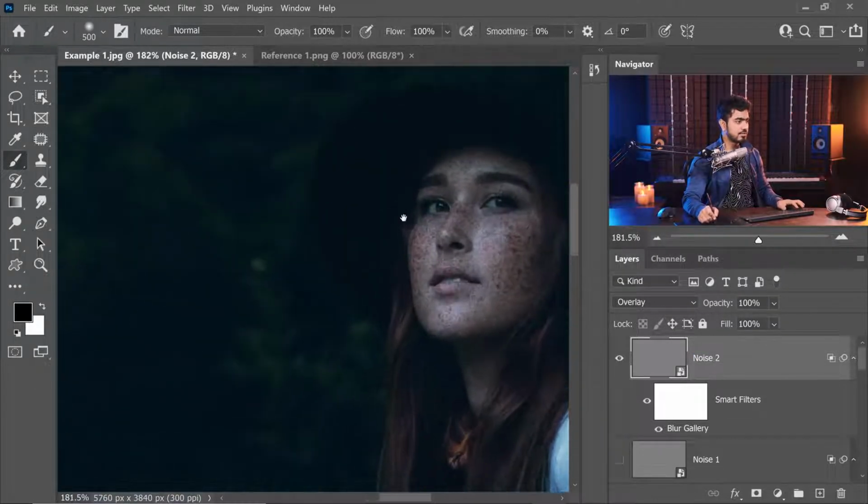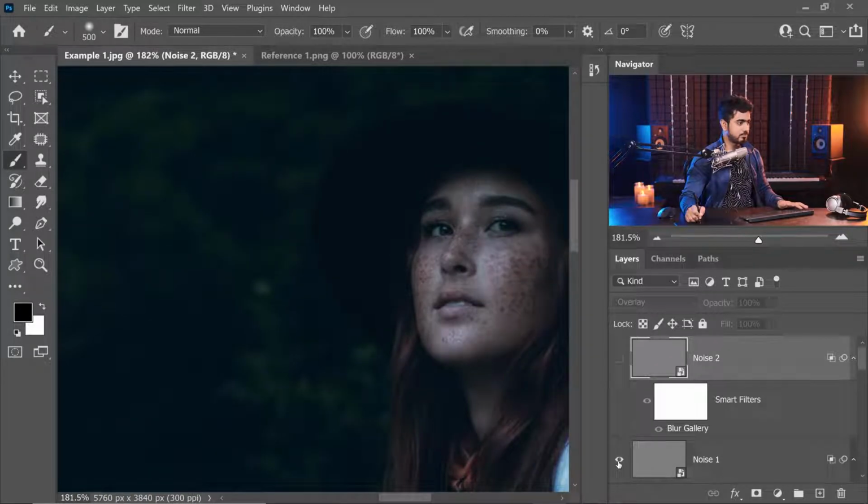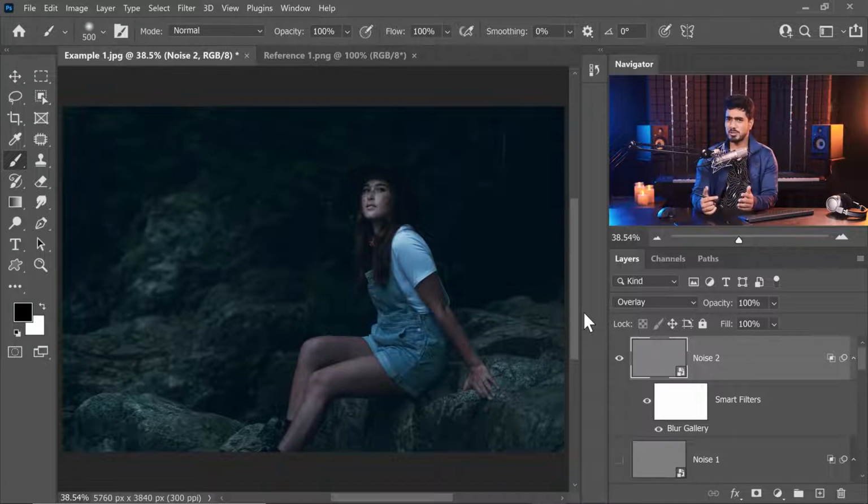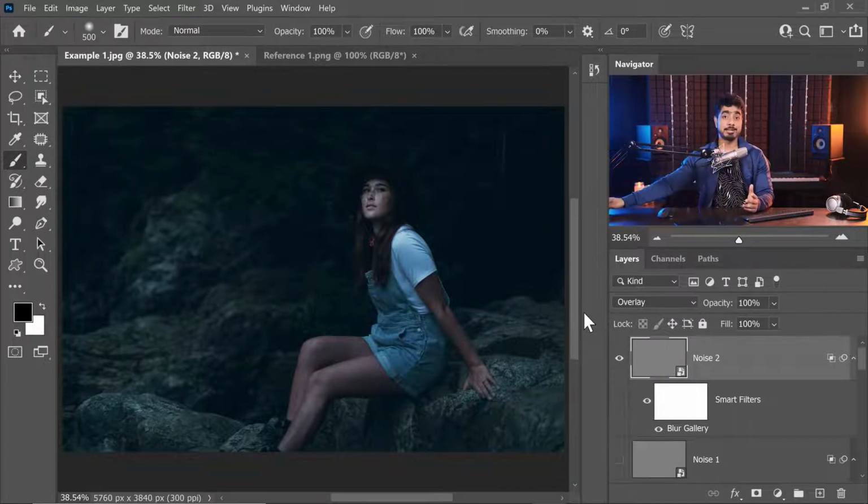So these are two techniques, noise number 1 and noise number 2. It's up to you as to which one you want to choose. I encourage you to experiment with both and see which one you like. Sometimes the differences are so slight that I just use the first technique and get done with it. Anyway, let's move on to our second example, and in this example we will use the more traditional method like